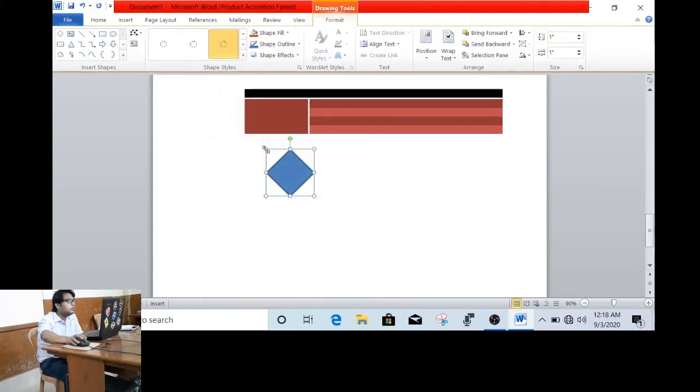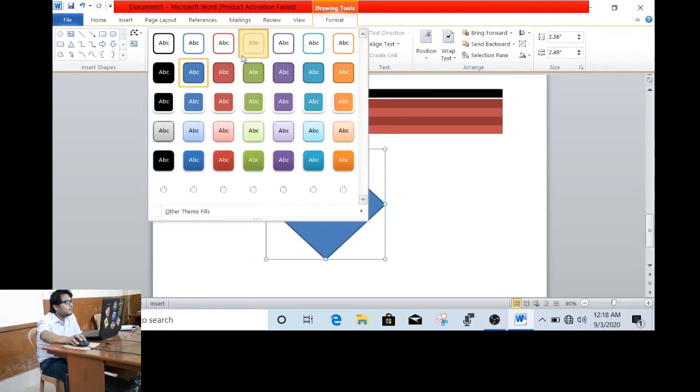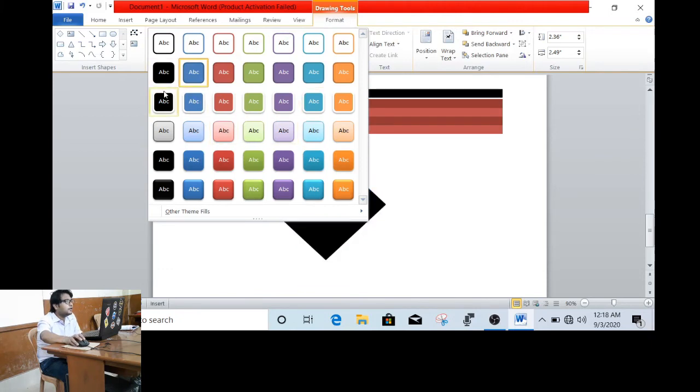Now if I want to add some style to this shape, I click on the format tab, and then in the shape styles option I click, and there are different styles for your shape. You can choose any one of them. Let me choose this one.